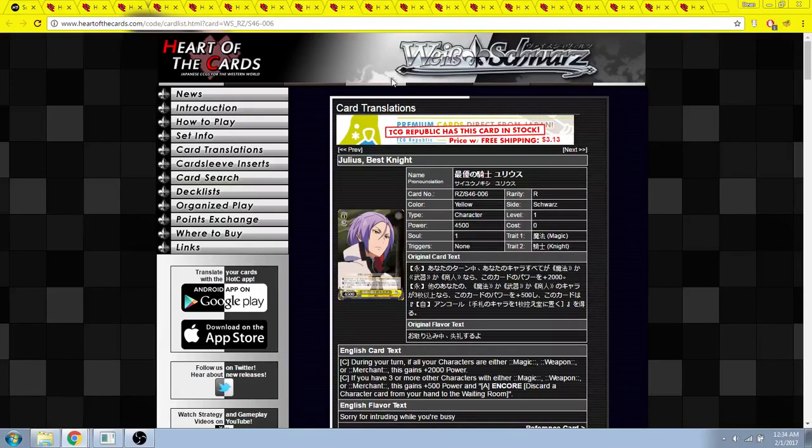All of your characters are magic or weapon or merchant, so basically every single card in ReZero, plus 2k. Okay, so now he's a 6/5 on your turn. And if you have 3 or more other characters with magic, weapon, or merchant, so if you have 3 other cards on board, an additional 500 power, and he gains hand encore. So he's sometimes an 8k, I think. 6/5, no, 7. He's sometimes a 7k. Really, this card, not the greatest thing in the set. It's mostly there because it has the Knight trait, which means that you can get it off of the